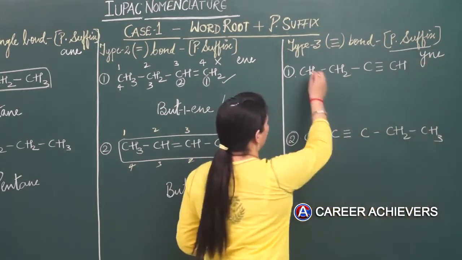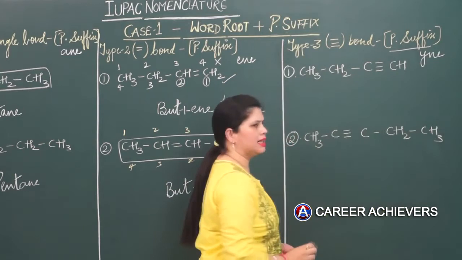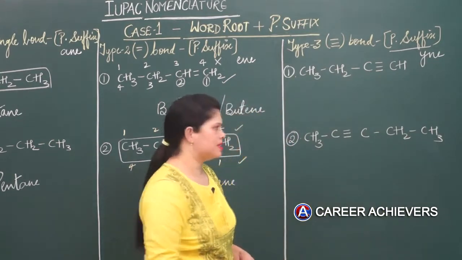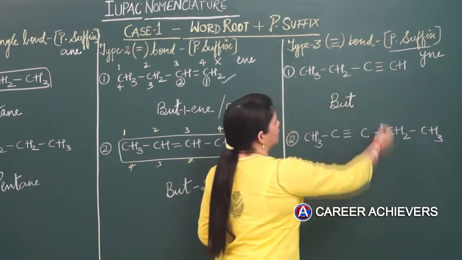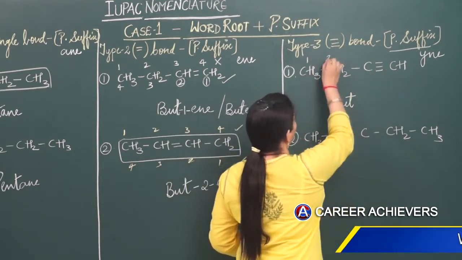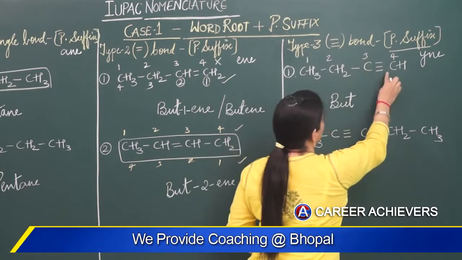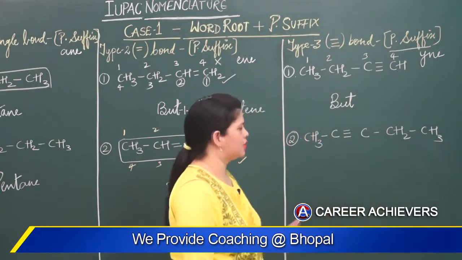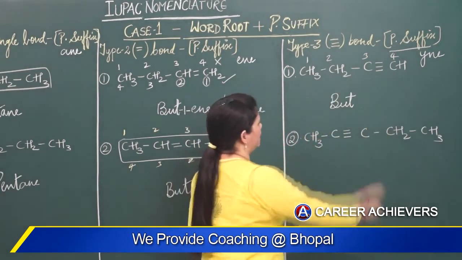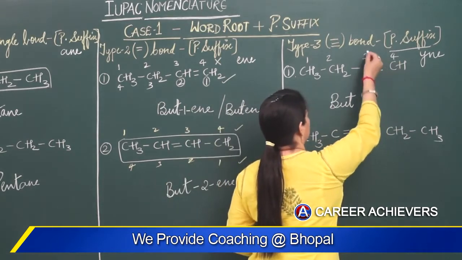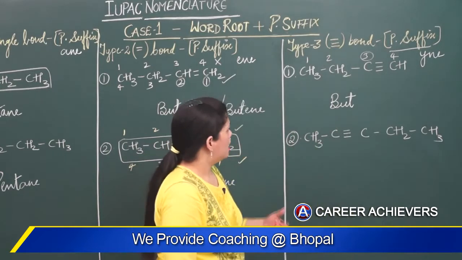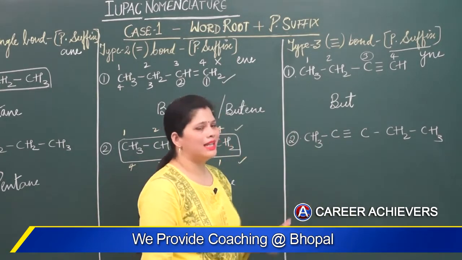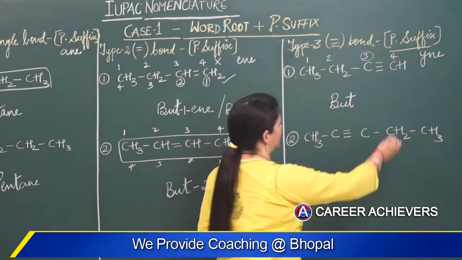Right? So again we will be counting the number of carbon atoms, and if we are getting the total number of carbons as 4, so the word root would be but. The triple bond according to this numbering is coming on the third carbon. It is actually in between third and fourth, but out of the two numbers, the lowest one is said to be the carbon that is bearing that multiple bond.